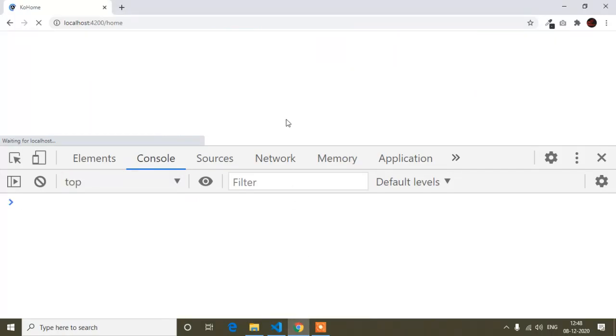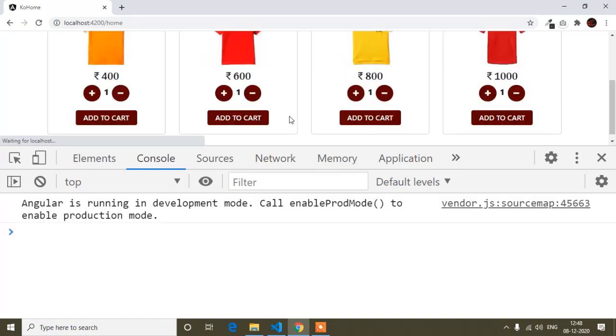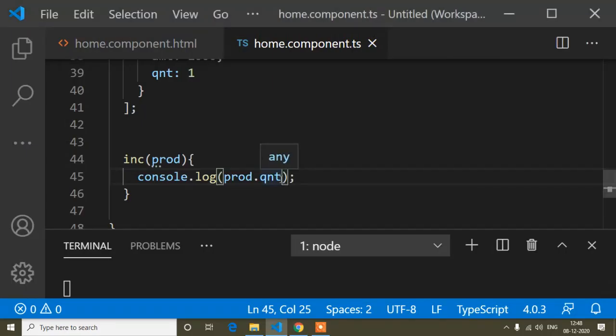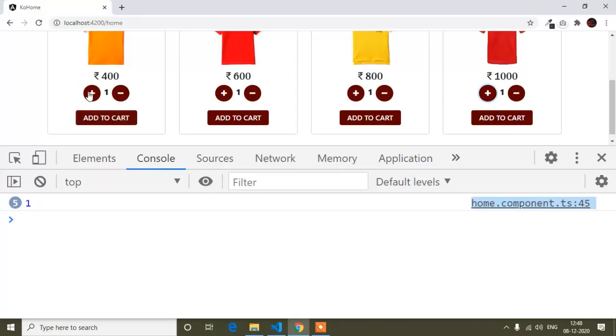Now it's compiled successfully. So now if I click this, you can see I'm getting only quantity. The same way, you can see only quantity. All the products' quantity is 1, so that's why you can see 1 for product 2, and 3, 4. So you can see here the quantity is 1. So now I'm getting the quantity. Now guys, when I click this button, the quantity will be increased.